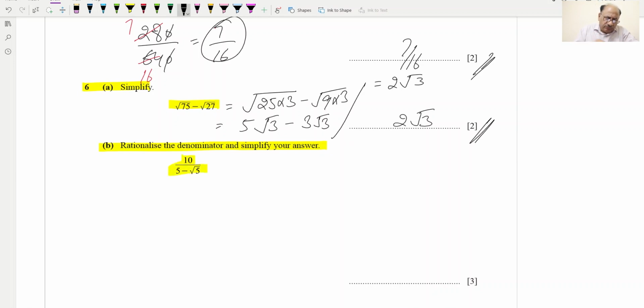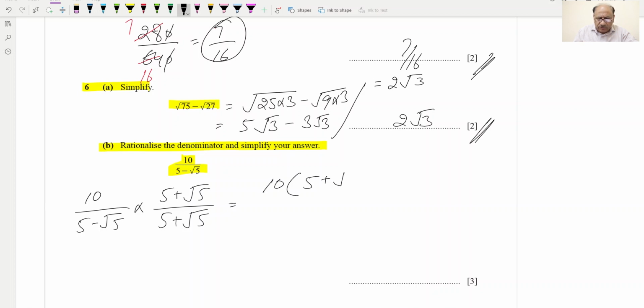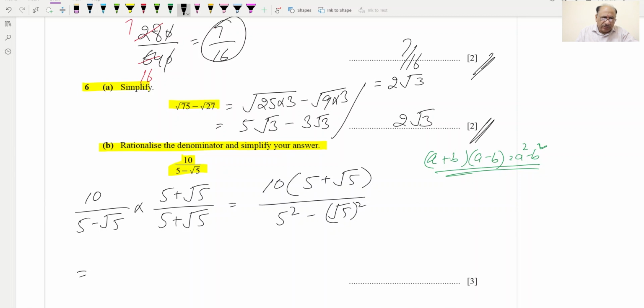And rationalization we will be doing 10 over 5 minus under root 5, and opposite sign we will be dividing and multiplying by the same one, and this will be equal to, we can write this as 10 into 5 plus under root 5 divided by, we can apply the formula, and the formula will be a plus b into a minus b is equal to a square minus b square, and this formula we will be applying on the denominator portion, this one, and this will be resulting to 5 squared minus under root 5 squared, and further we can write this as 10 into 5 plus under root 5 and divided by, this will be 25